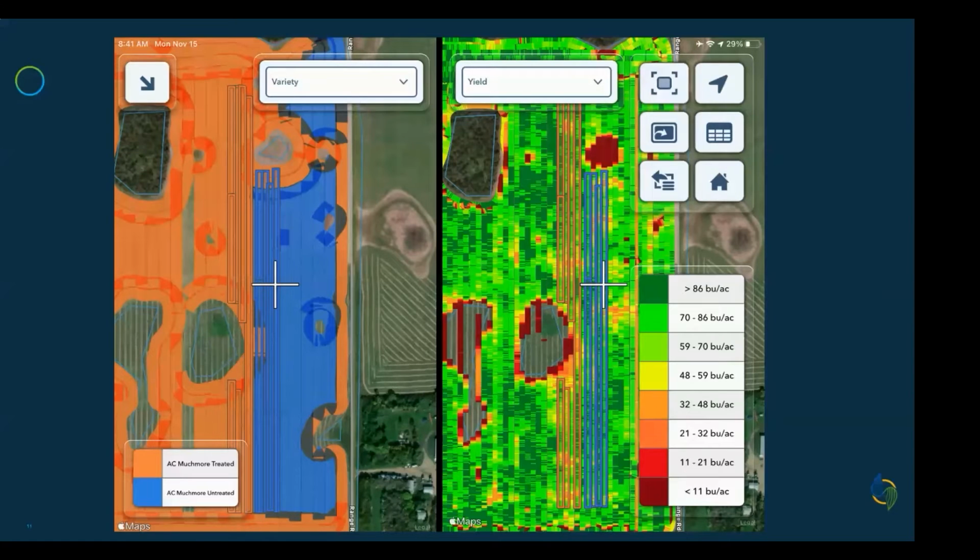From there, we follow the same steps outlined before to create the regions. We tap the More button and choose the passes we want to use for each region. What I like to do is split screen the data layer I'm interested in with the yield data. This allows me to use my crosshairs on the screen to line up exactly which combine passes fall into which